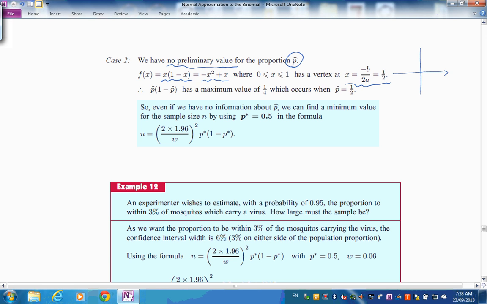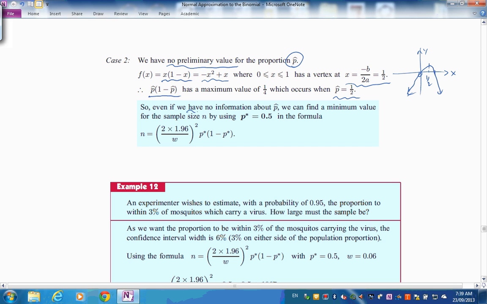Let's just draw this now. This is negative x squared plus x. So here, it's value 1, put it somewhere there, 1 and 0, and it's going like that. So the maximum value of that quadratic function is at a half. That's going to give us the maximum value of anything like that, a maximum value of a quarter, which occurs when p is a half. So this is a bad case